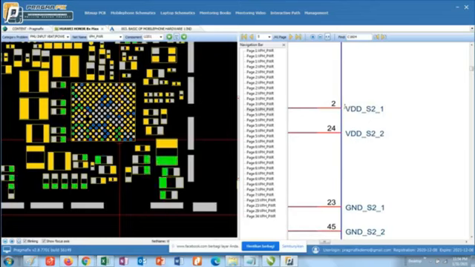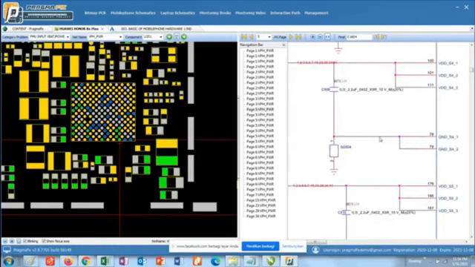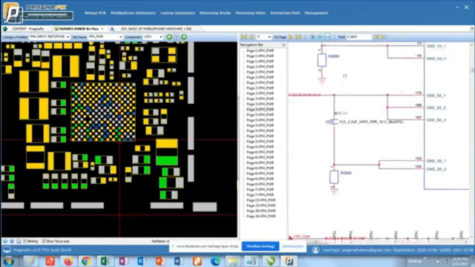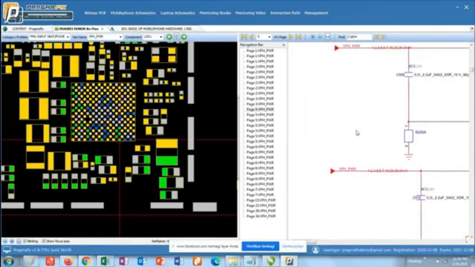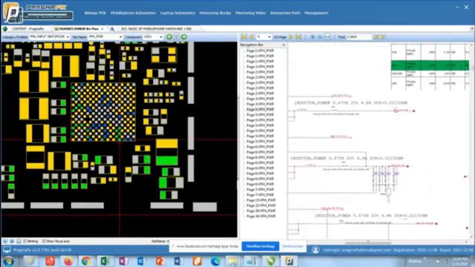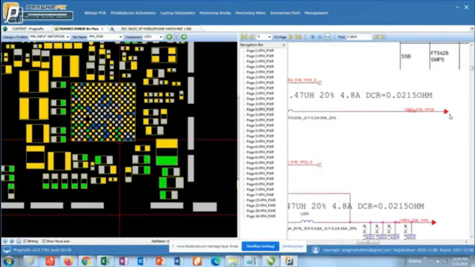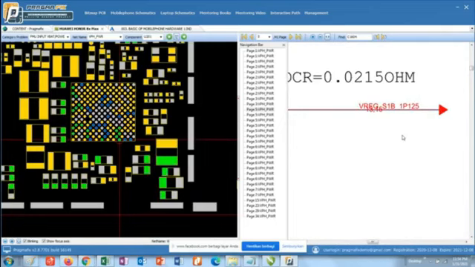U501 takes V-point power as input, so this is the input VDD SMPS1 and VDD SMPS2. V-point power is the source voltage for SMPS2, SMPS3, SMPS4 and SMPS5 in